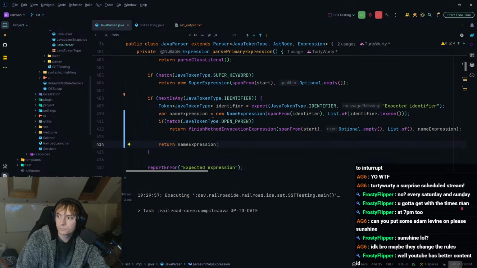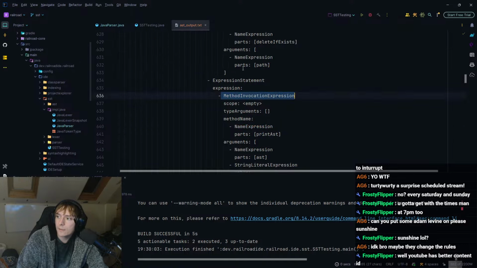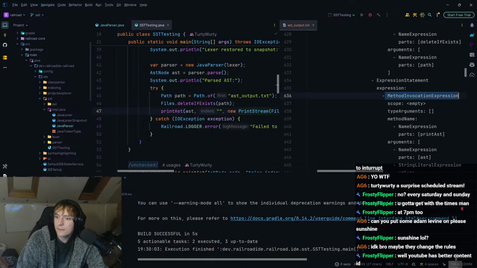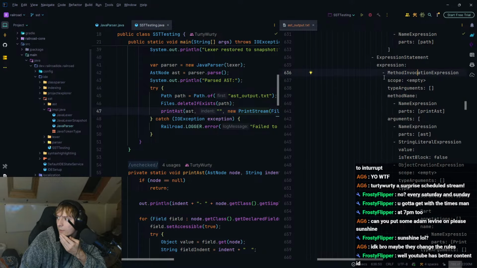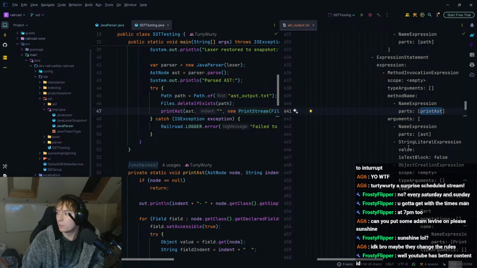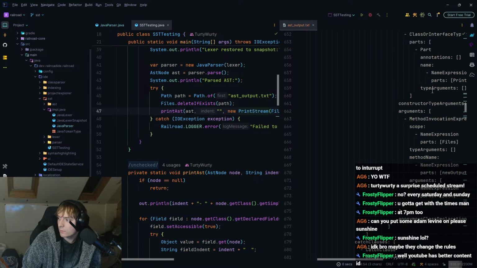So let's have a look. Okay, if we go into AST outputs, let's split it again, like that. Okay, so method invocation. Where is this? Print AST here. So the method name is now print AST. There you go. Passing in AST is a name. Object creation expression, blah blah blah. We know those are fine.